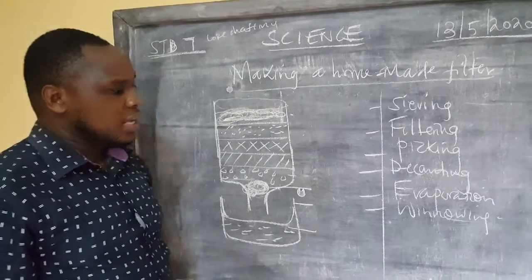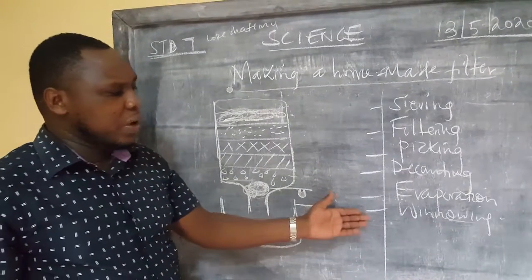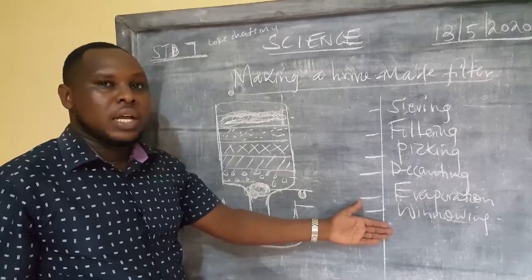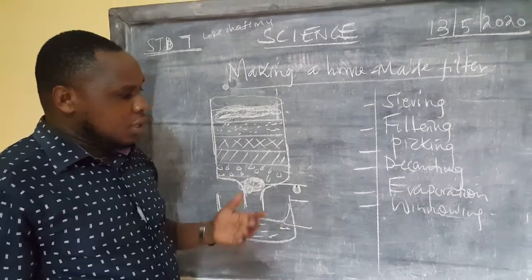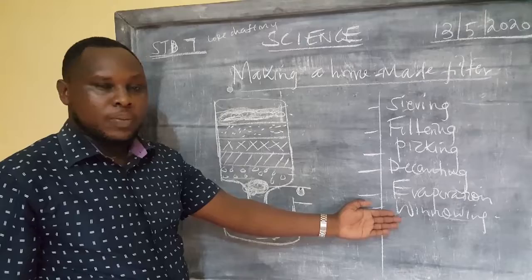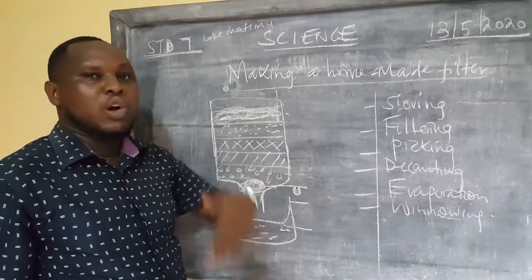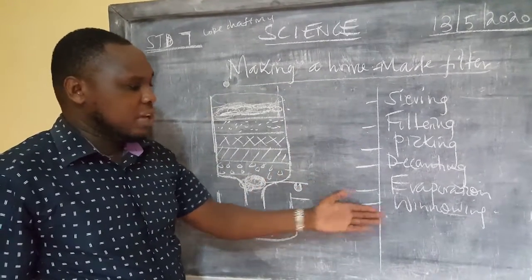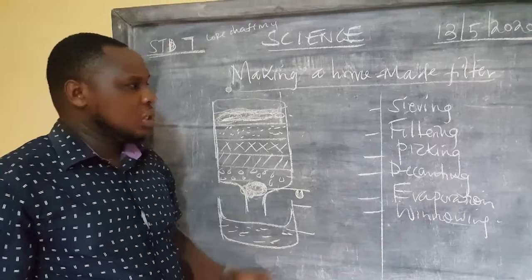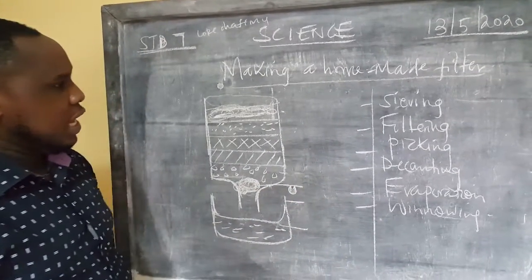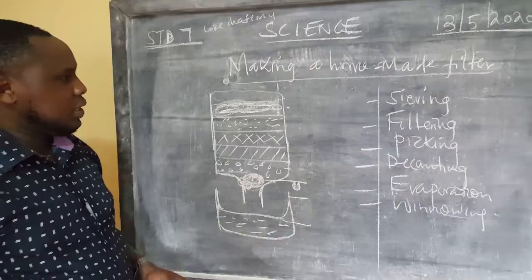Then the last one is winnowing. Here we're talking about a solid mixture, whereby we consider the weight. The lighter materials will be blown away, and then you remain with the heavy materials on one side. So that is what we did yesterday, and today we want to conclude this particular